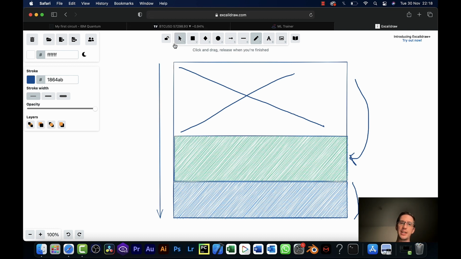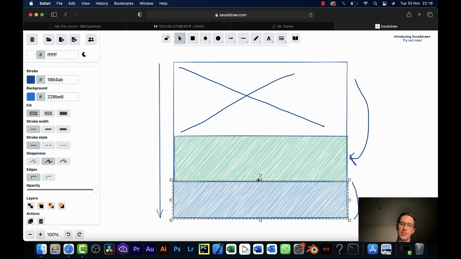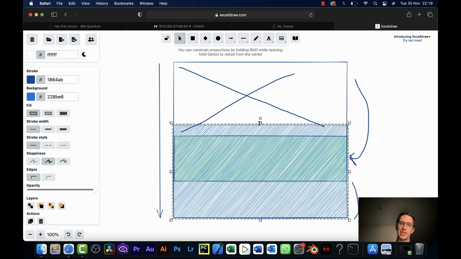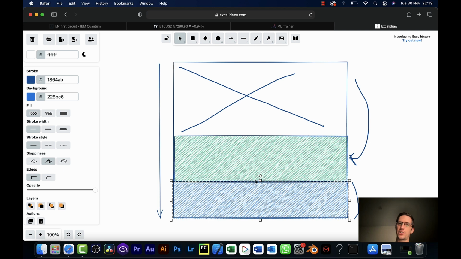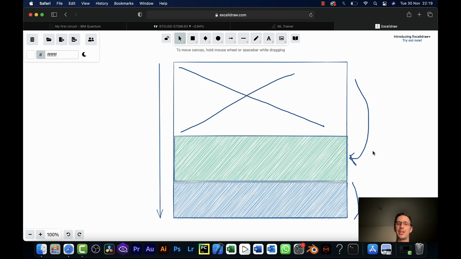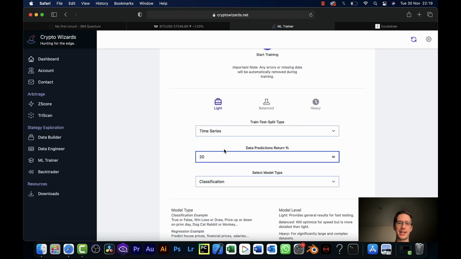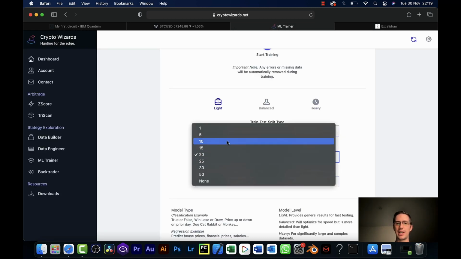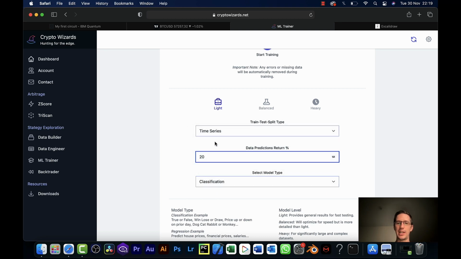Now, the bigger that I select this percentage here, so if I said I want 50% of the data, then I've got less training data. So the secret here is to get a lot of data for training and then spit out a smaller percentage and then use that percentage for backtesting, etc. So that's what I'm going to be doing over here. So if I go back, I'm going to leave this as 20%. Usually I have it at 10, but I'm going to leave it at 20.